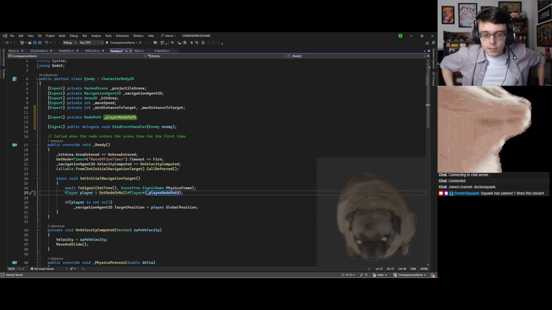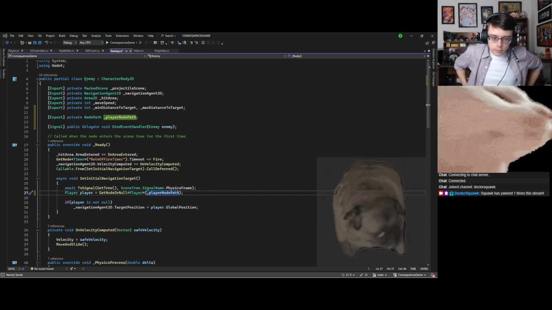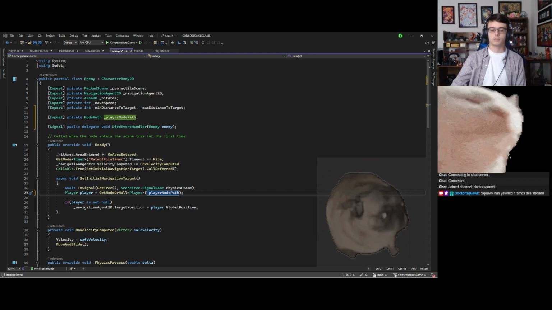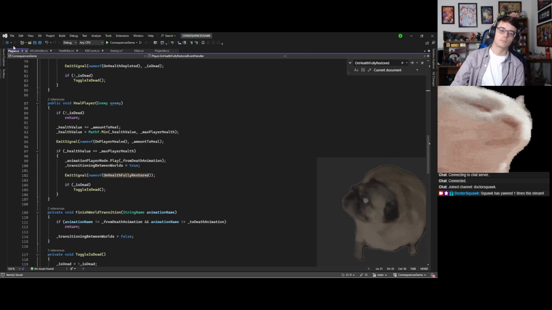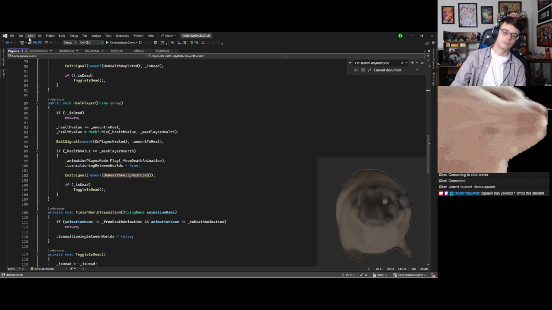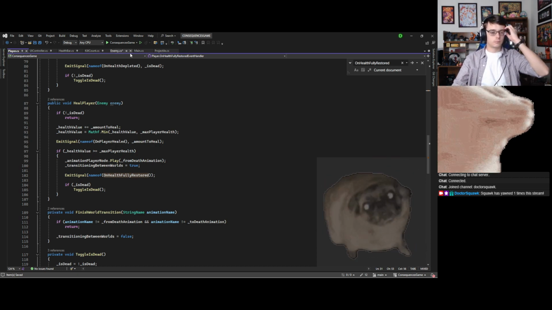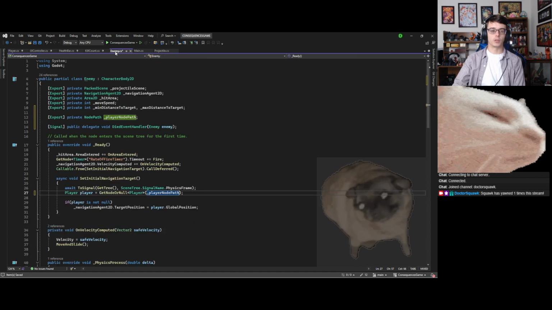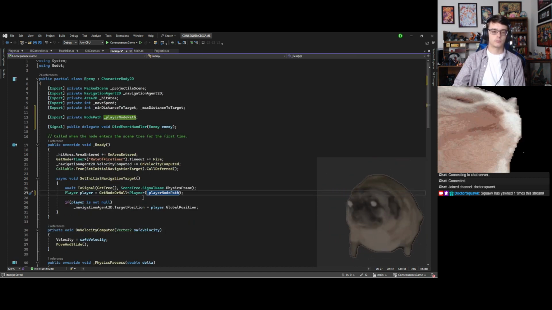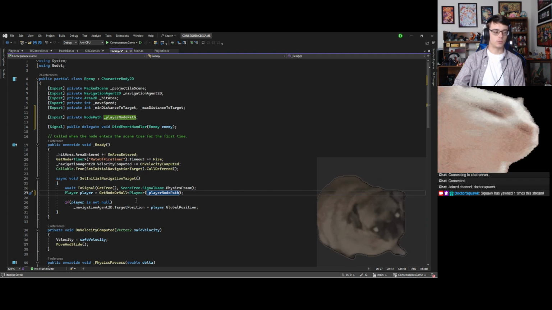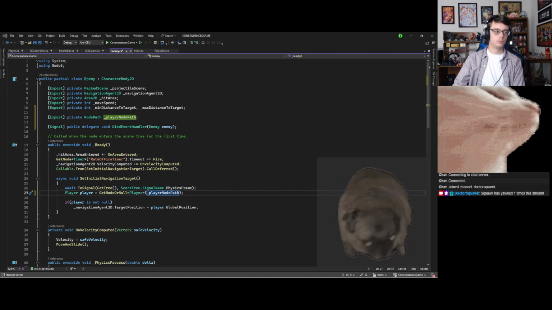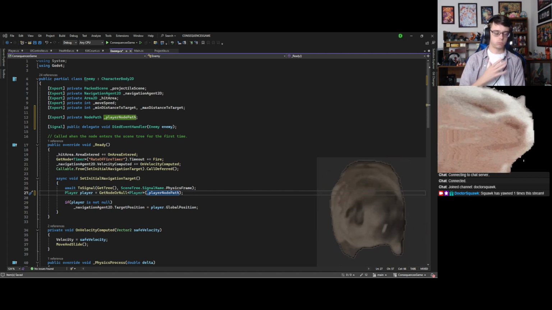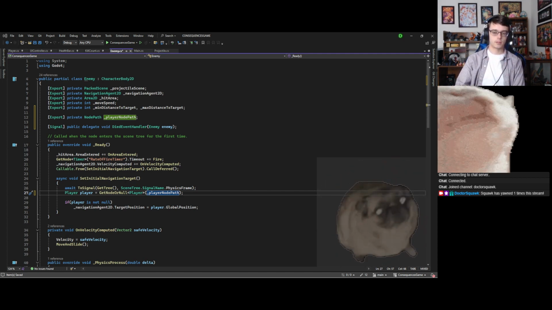But centralizing it was the idea, I think. Maybe I just get it working and then I try to centralize it. I want to clear the projectiles too on the same beat. I want to handle that.